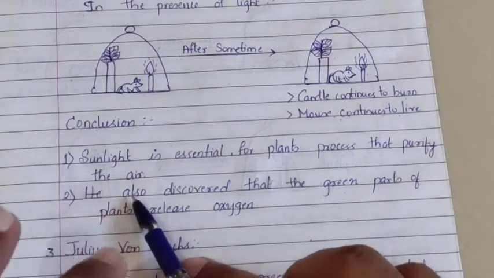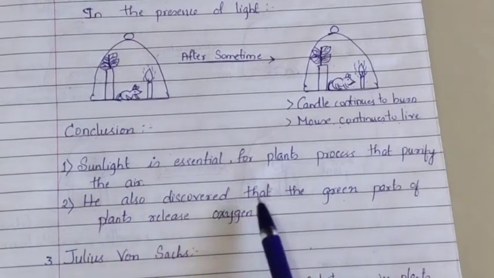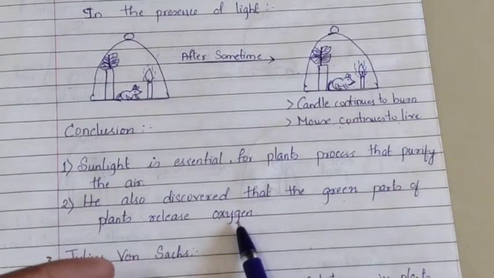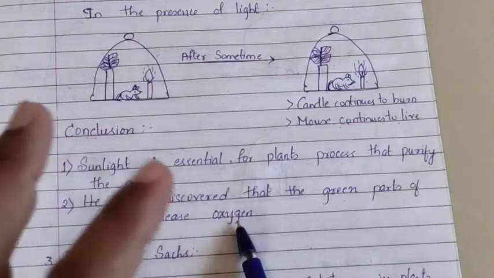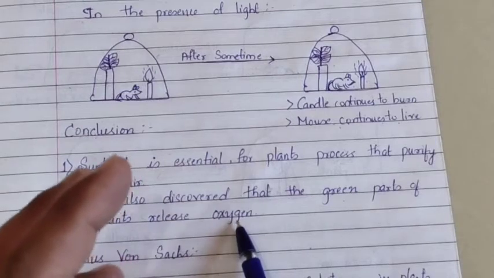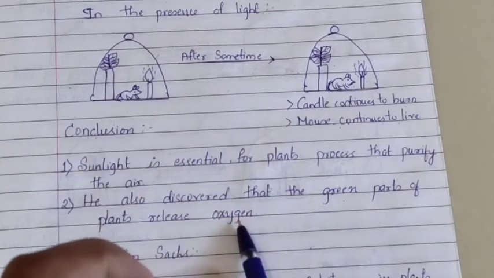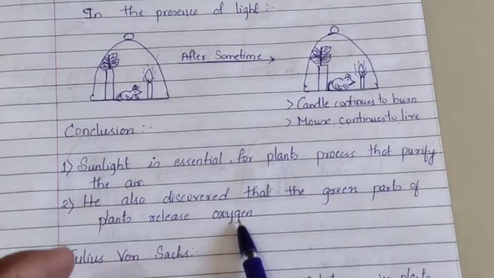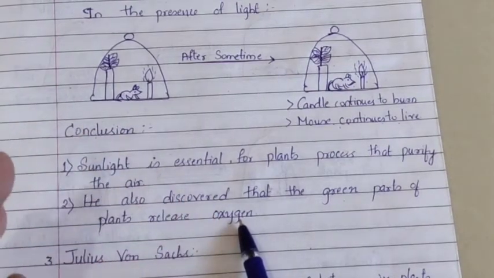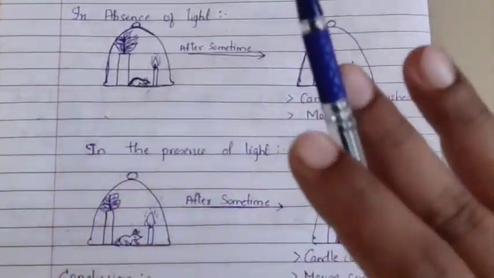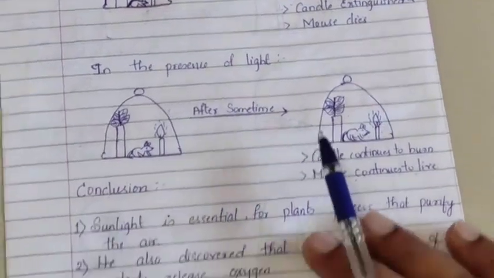In another experiment, he also discovered that the green parts of the plants release oxygen. Basically, wherever you find the green color, the green parts of the plants, from there the oxygen is liberated, right? So that was discovered by Jan Ingenhousz. So he concluded that. This was basically the Jan Ingenhousz experiment, right? So moving to the next